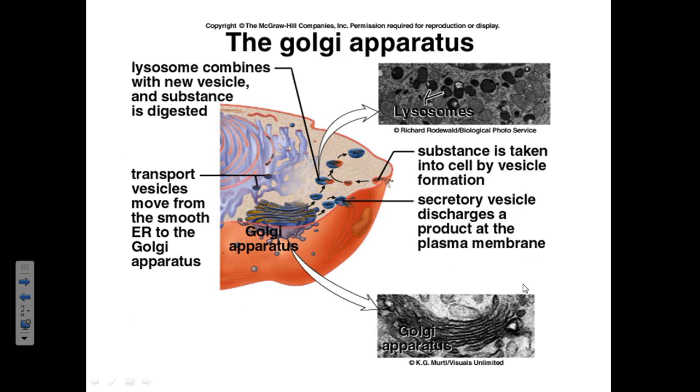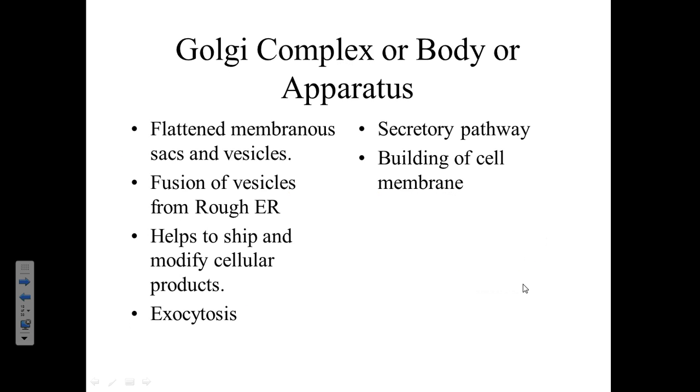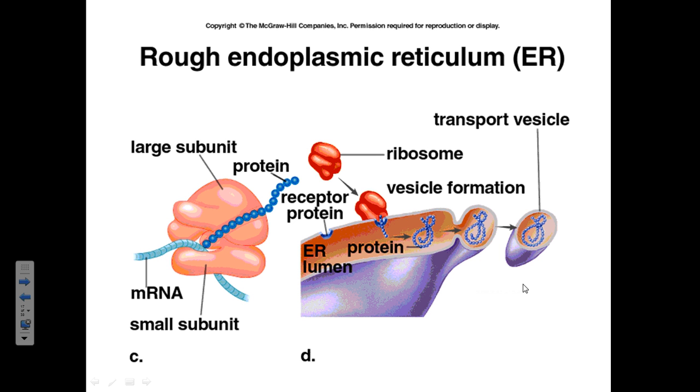All right, the next thing I want to talk about is this guy. What did we call this whole diagram? Yeah, but more than that. We call it the endomembrane system. And I want you to think about what the endomembrane system is. The endomembrane system typically starts at a ribosome. A lot of your ribosomes are sitting on top of what organelle? The rough ER. They make the proteins,